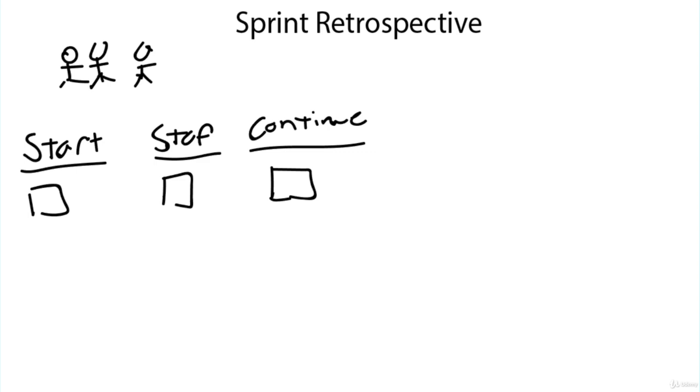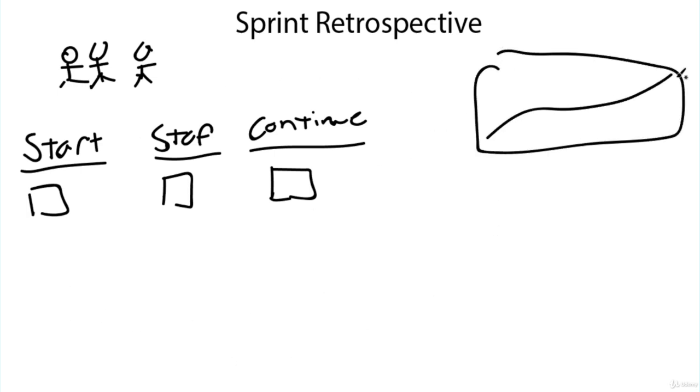You can also do just a bunch of questions. Some good questions like what's working, what's not working, what can be improved, what can be added to the process, what can be removed from the process. You want to ask all of these questions. Now, the product owner or the scrum master, mainly the scrum master, this is their meeting. So the scrum master might come in with some graphs to show you our productivity over time, or maybe they'll have a graph that shows you